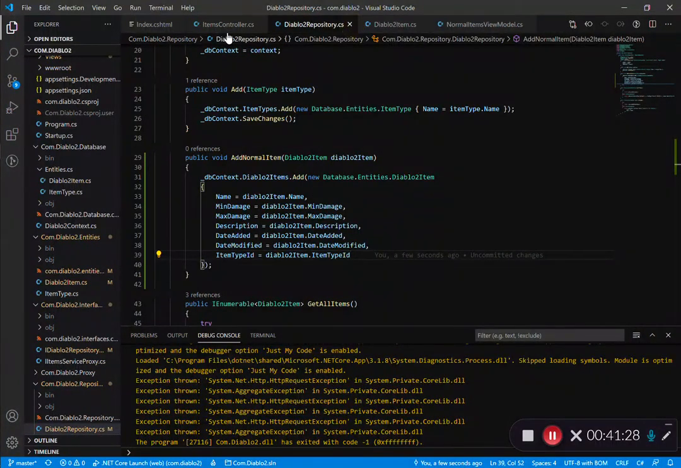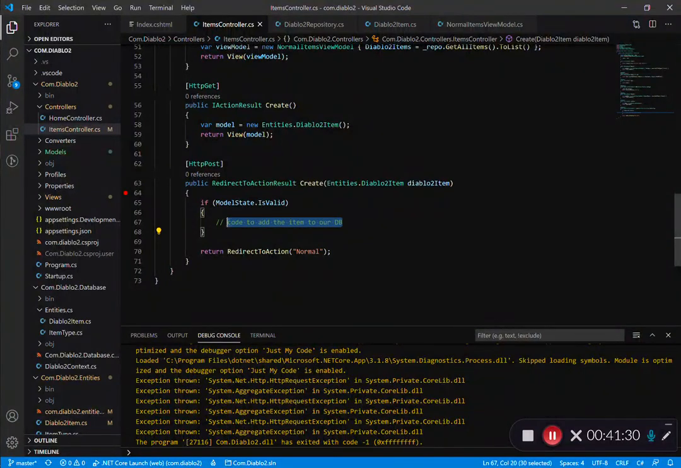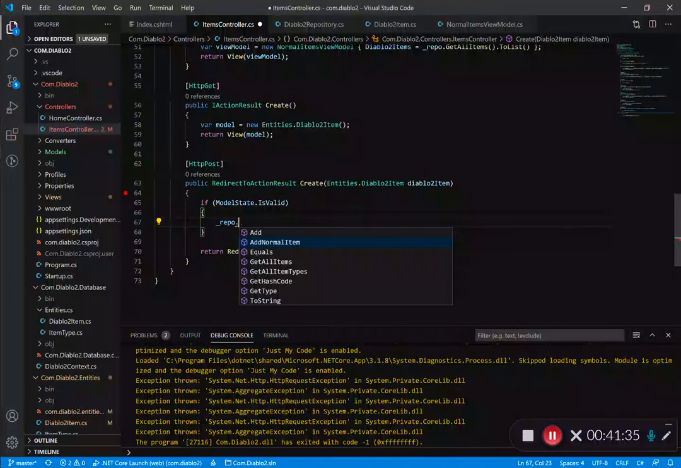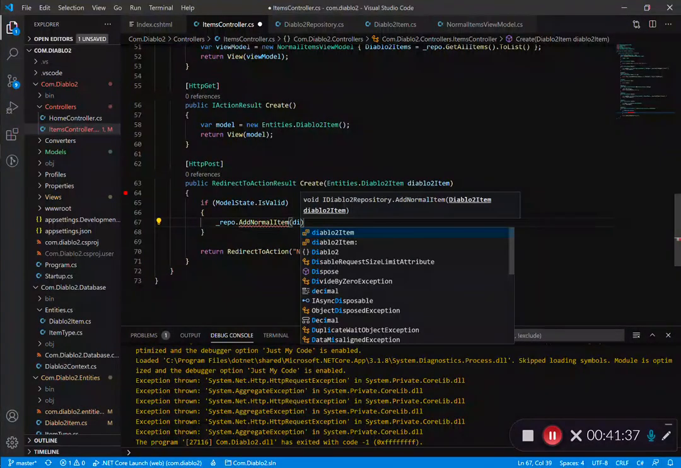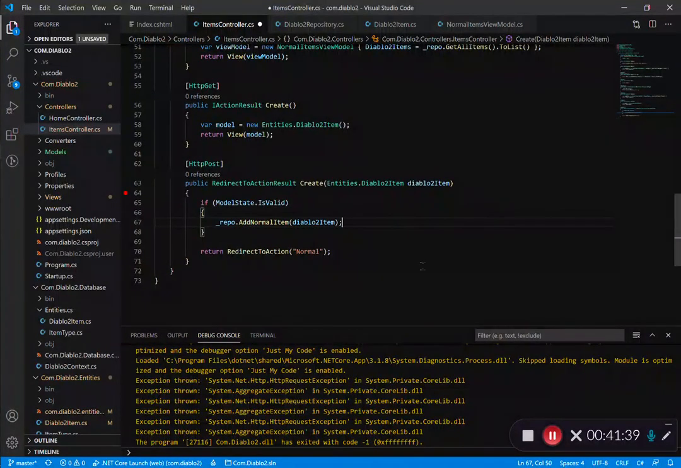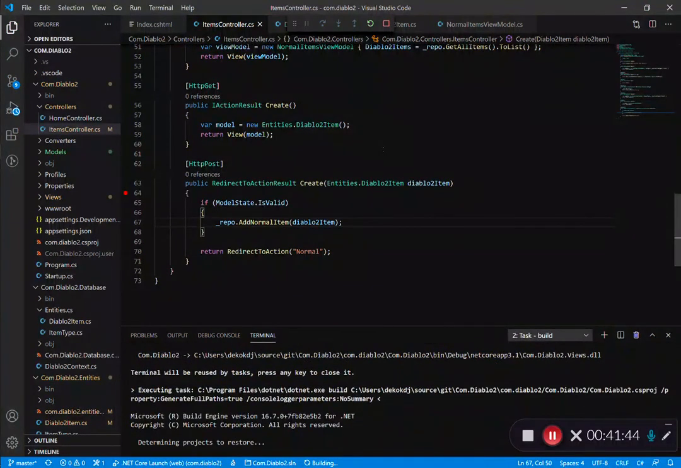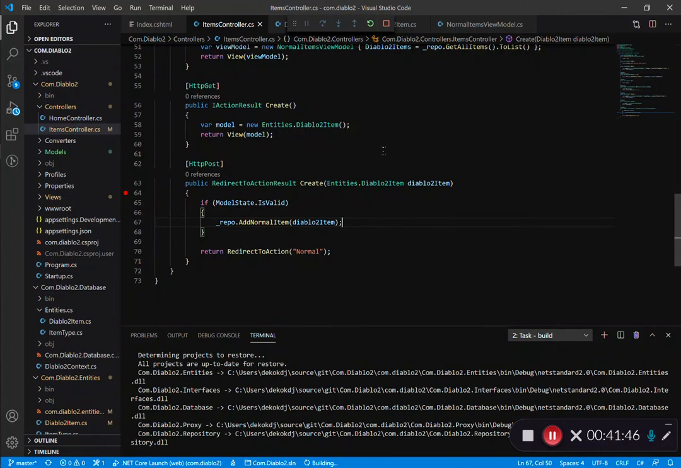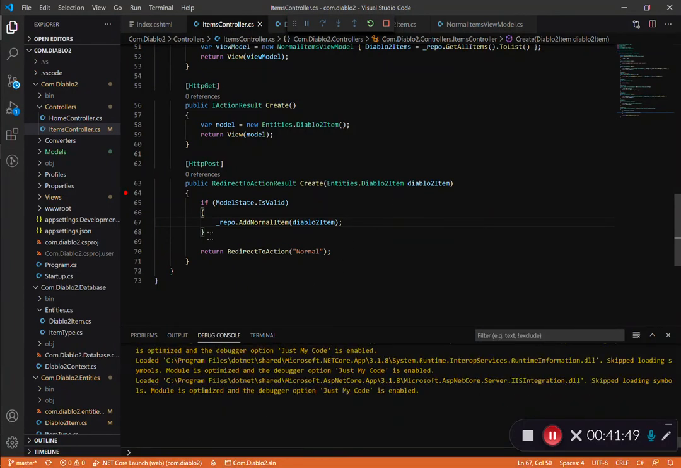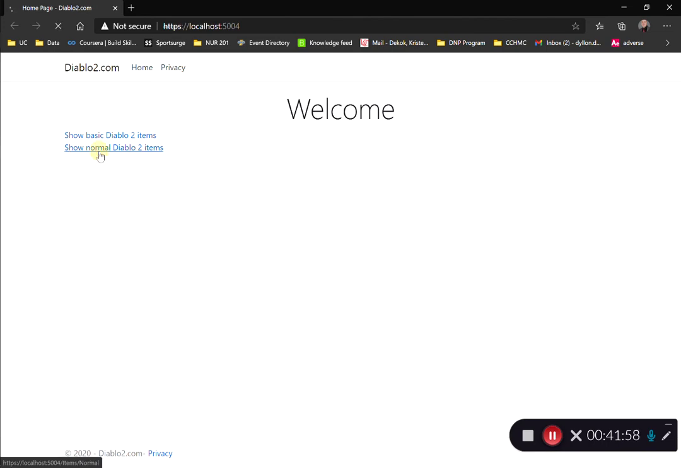So I'll probably need to go back to the controller and call it. So let's go ahead and say repo.addNormalItem and pass it our Diablo2 item. And let's try to run it again. Now I could catch some result here, maybe if it does throw an exception, and display that result to the user. But just for a quick sanity check to see if it works or not,